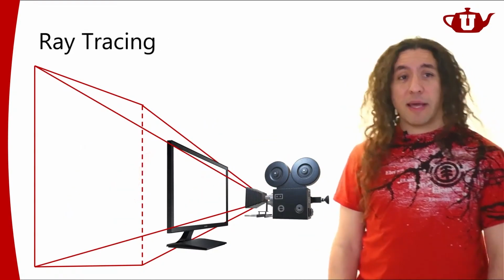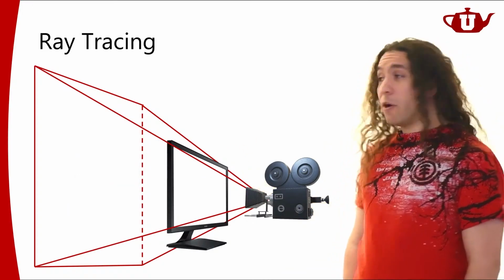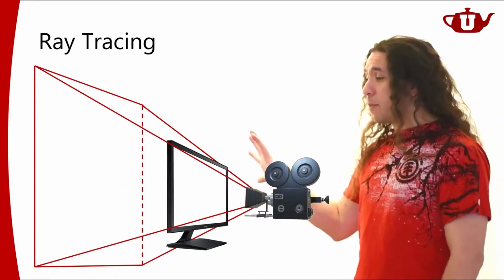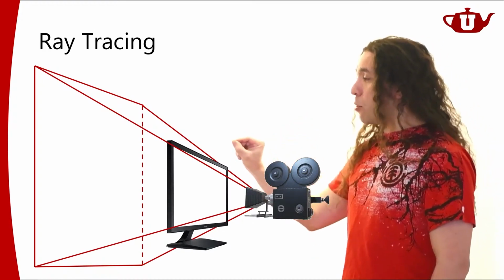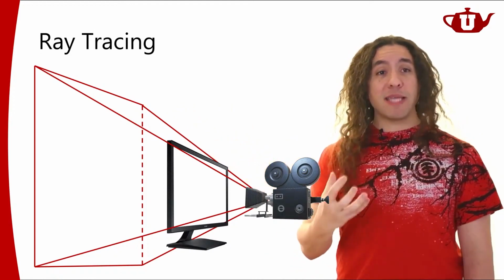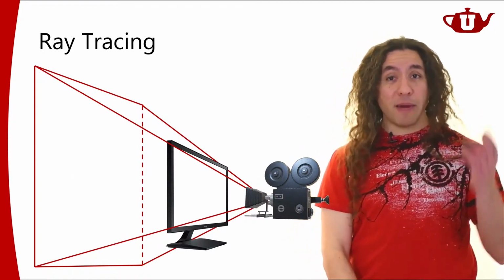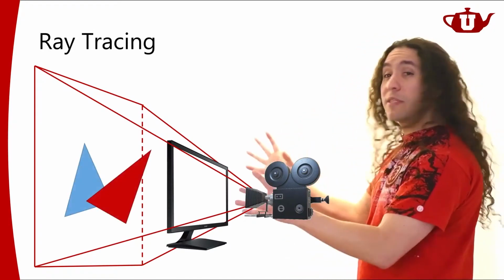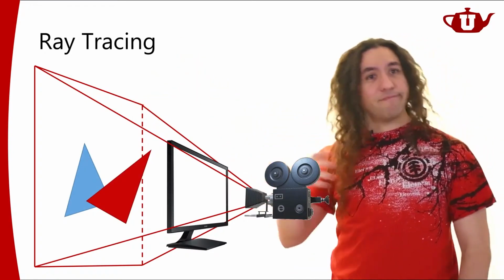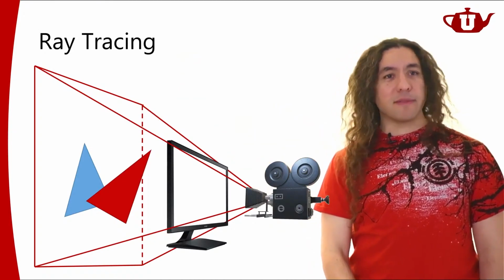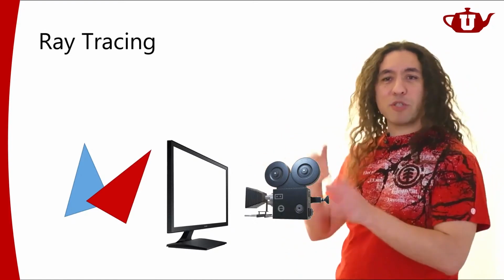With ray tracing, as I said, we're going to start with the raster image, and we're going to figure out what each pixel sample corresponds to in the scene. So we must have a representation of the entire scene before we can do anything. For ray tracing, all of the scene is given to us first. This is my entire scene made out of two triangles. And it supports different types of camera models, so we don't have to have a projection matrix and all that.